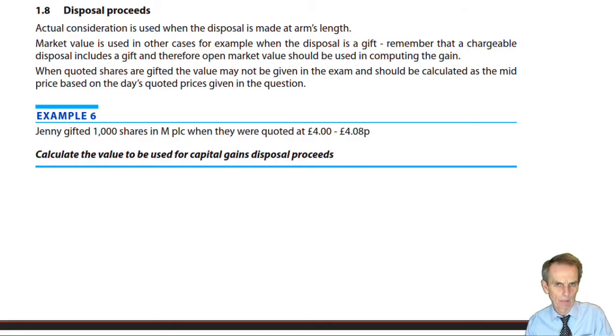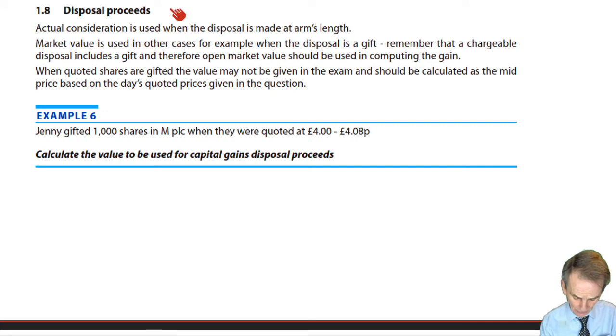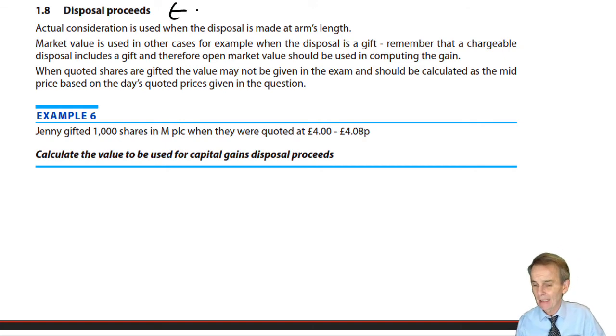Well, in this part of Chapter 12, we look firstly at a few things that we've already seen an introduction to. Just add a little bit more detail into them. In calculating the capital gain or allowable loss, we know that we must firstly determine what will be the disposal consideration, the disposal proceeds. It's normally the actual sales proceeds on a sale to a third party, but if we sell it under value or we make an outright gift there to someone, then we would use the open market